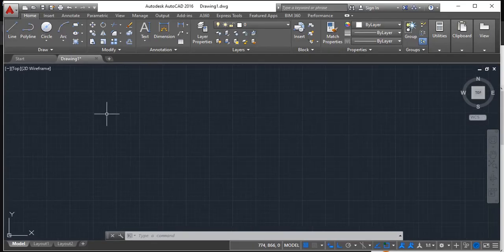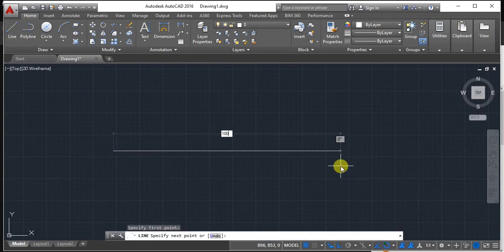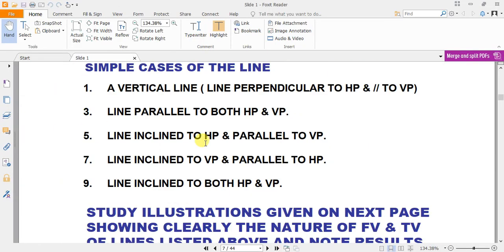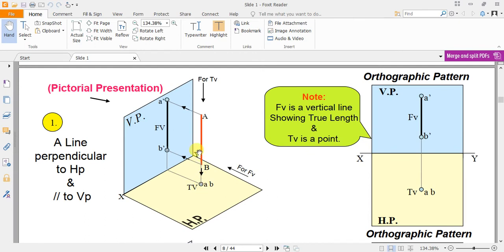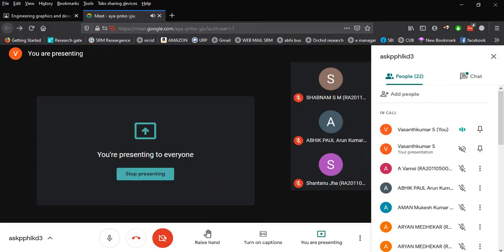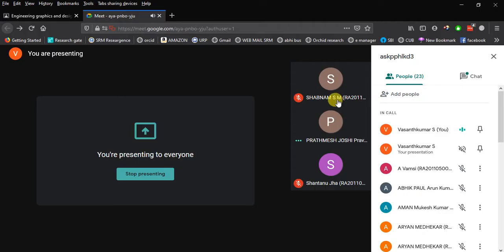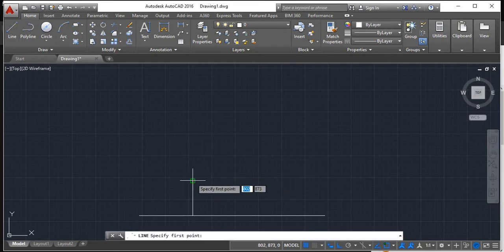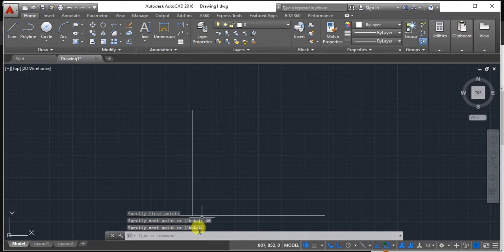Draw the same XY line of some unlimited length. Then first you have to identify the location. Here it is 20 mm above HP, so above HP you draw a 20 mm line. This can be deleted later on. After this you have to draw the line being projected, which is 40 mm. From here you draw the true length of the line, 40 mm. Now delete this construction line.